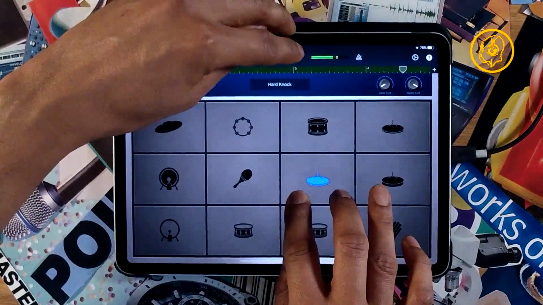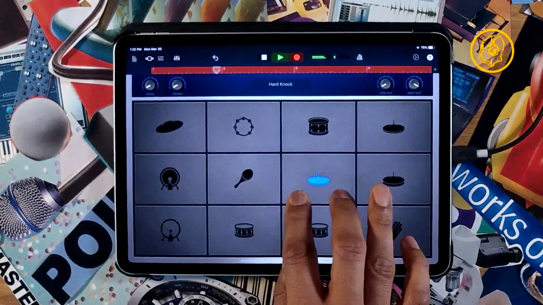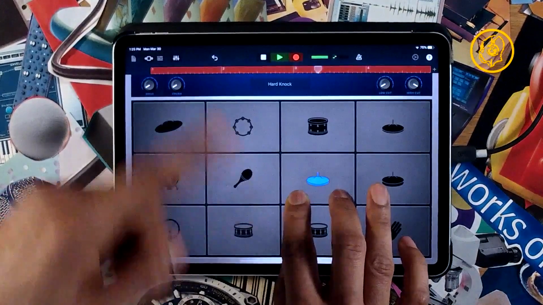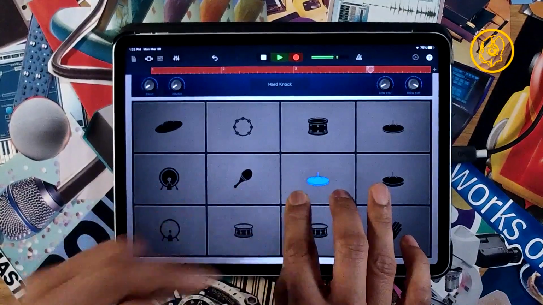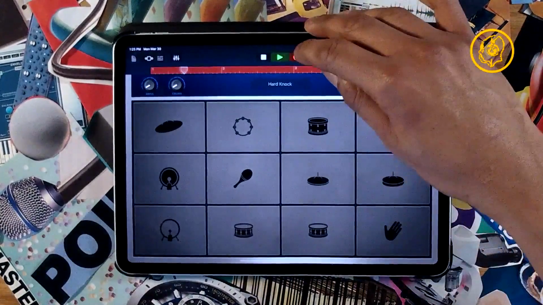When it cycles around, I'm going to hit record. It's just repeating those notes as I hold 2 fingers, and if I go further, right, there we go.